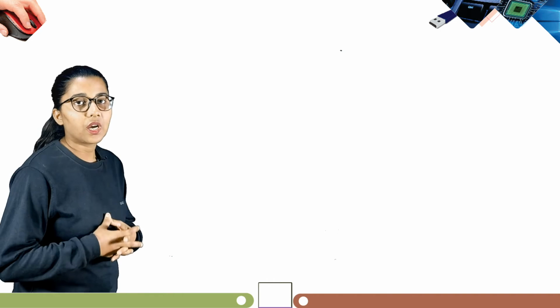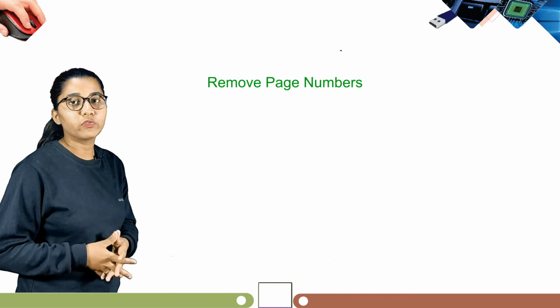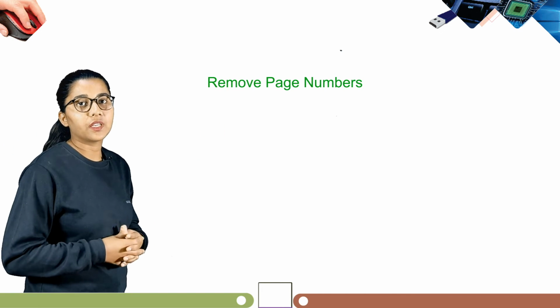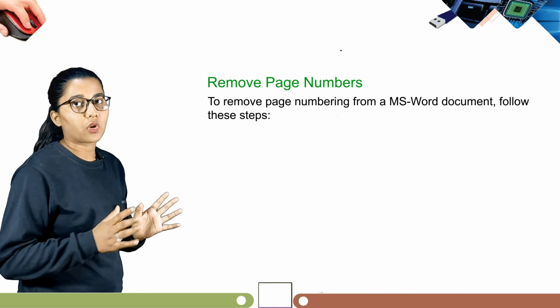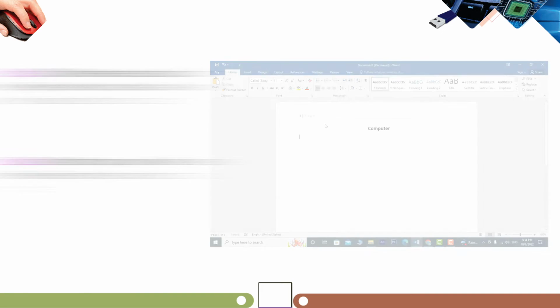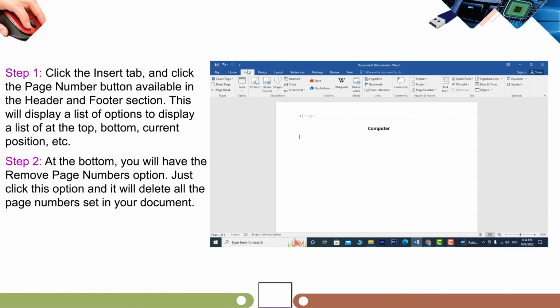So now our next topic is remove page number. How will you remove page number? Let's learn about it. To remove page numbering from an MS Word document, follow these steps. So our step 1 is to click the Insert tab and click the page number button available in the header and footer section. This will display a list of